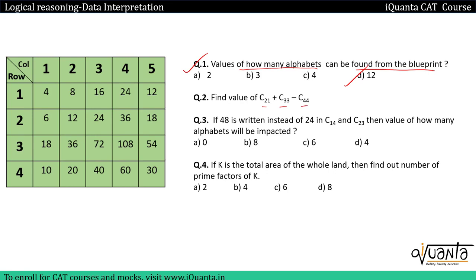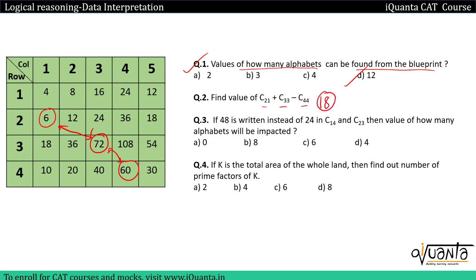So C21, second row, first column. Second row, first column, that means 6. C33, third row, third column, 72. Minus C44. So C44 is this, 60. So 72 plus 6 is 78, 78 minus 60, that means 18. 18 will be the correct answer